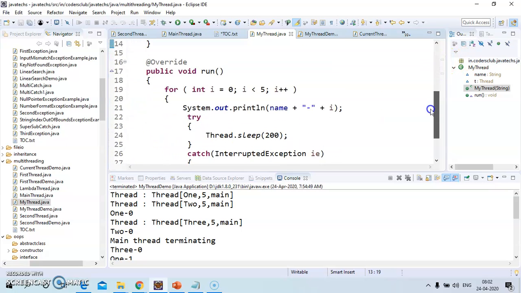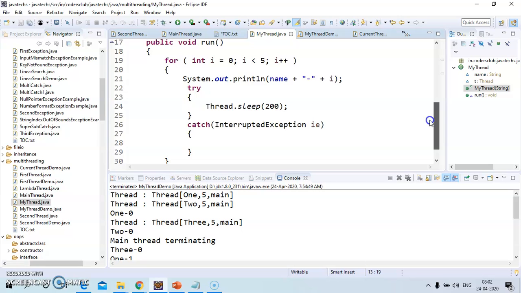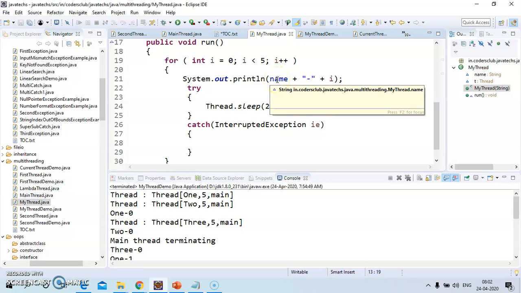Then we have an implementation for a run method. This is the usual for loop, and here we are printing with System.out.println the name of the thread and the value of i. Here you will get 1, 2 or 3 depending upon which thread is running. So this is the explanation for this class.